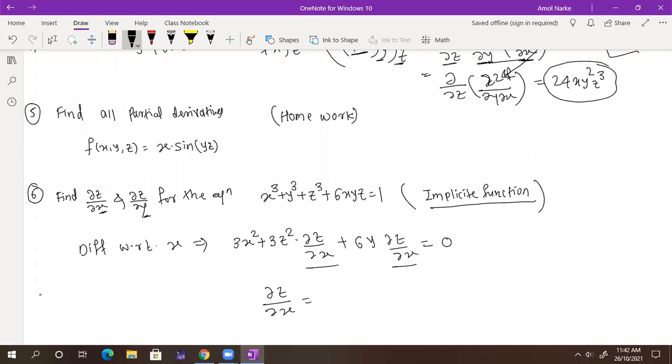Oh yes, correct. We need to use the product rule there. Very good, good observation. We need to use the product rule. How? Because here 6 is a constant, y is a constant. So 6y we can take outside as a constant. Now we have x and z, the product, and we are differentiating with respect to x. So first we keep z as it is, differentiation of x with respect to x is 1, then plus x as it is, differentiation of z with respect to x is ∂z/∂x, which is equal to 0. Absolutely correct. So now you can take this common and you will get the answer.